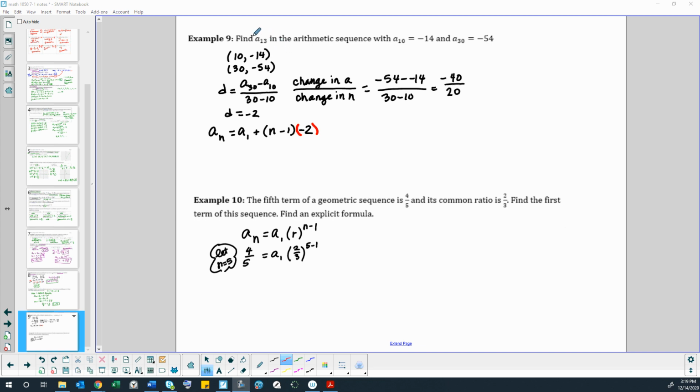Last two examples here in section 7.1, sequences. So we want to find term a sub 13 in the arithmetic sequence where a sub 10 is negative 14 and a sub 30 is negative 54. So the 10th term is negative 14 and the 30th term is negative 54. That means in 20 numbers, so from 10 to 30, 20 numbers, the value has jumped down a value of